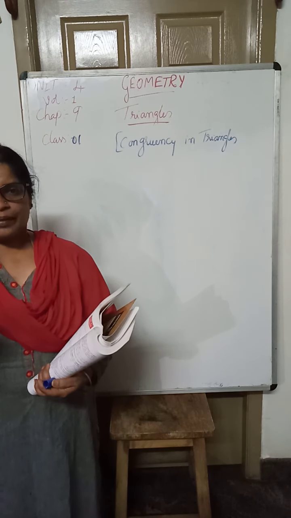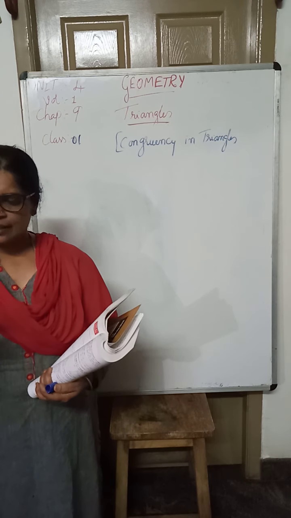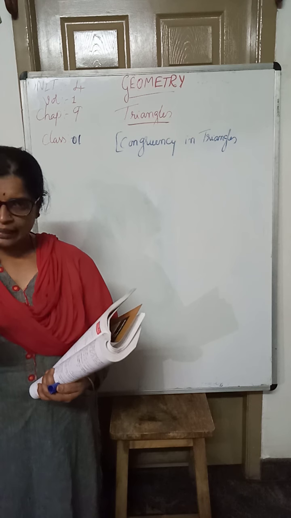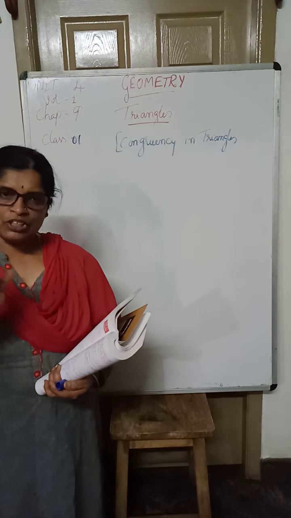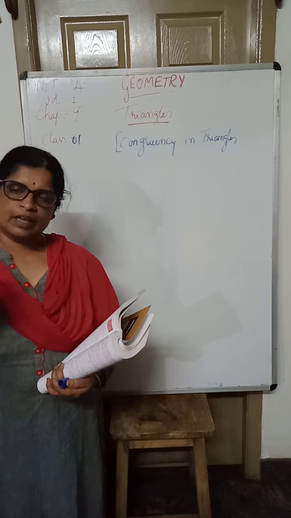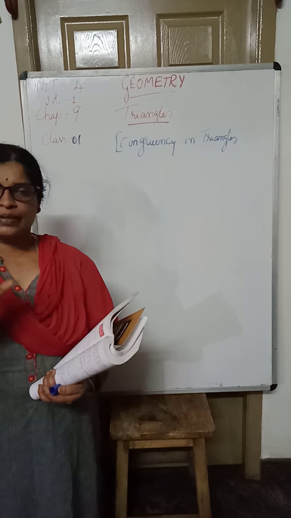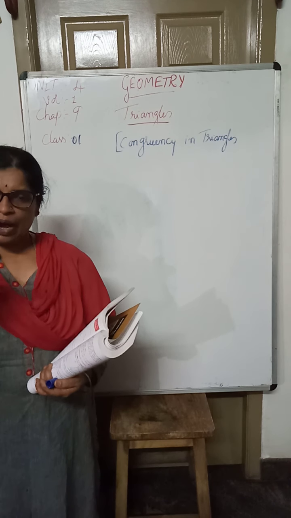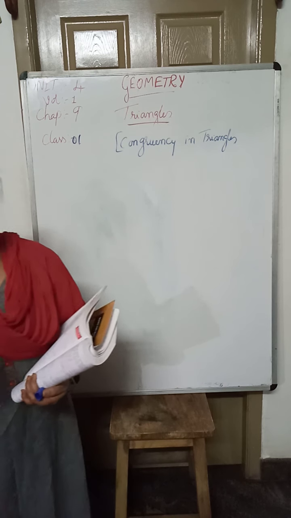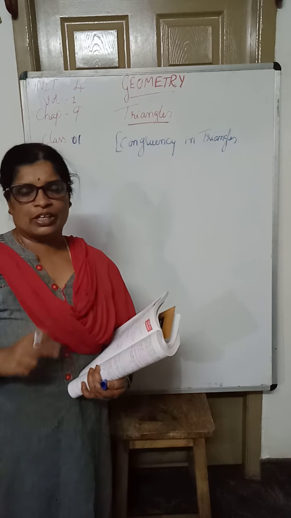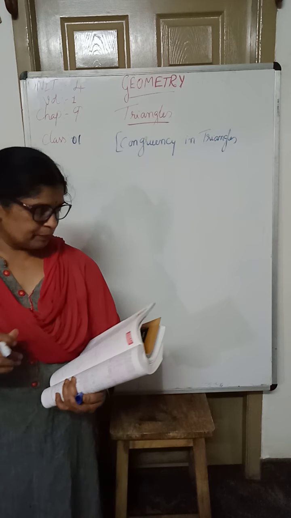What are the things to be satisfied? Size, sides, angles and even the dimensions. If one triangle is overlapped with another triangle, and both triangles coincide without any part sticking in or out, then they are said to be congruent. It should look like one triangle when two triangles overlap each other.